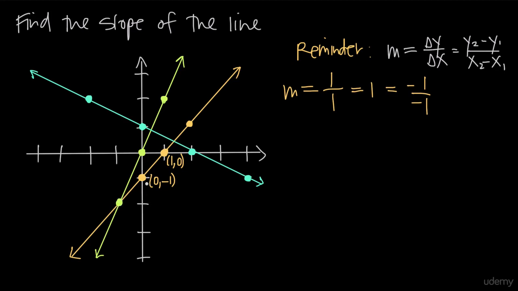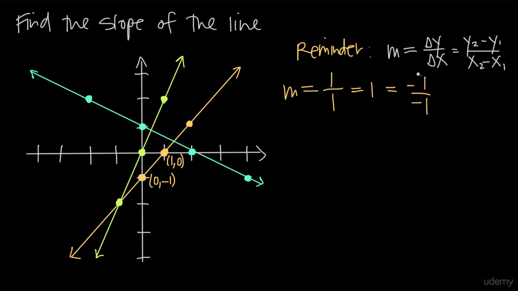Now, sometimes you're not going to be given a graph of the line. You're not going to be given a picture. You're only going to be given 2 points on the line. If that's the case, how do you find the slope? Well, let's use an example here. If we were given the points 0, -1, and 1, 0, we could use those to find the slope of